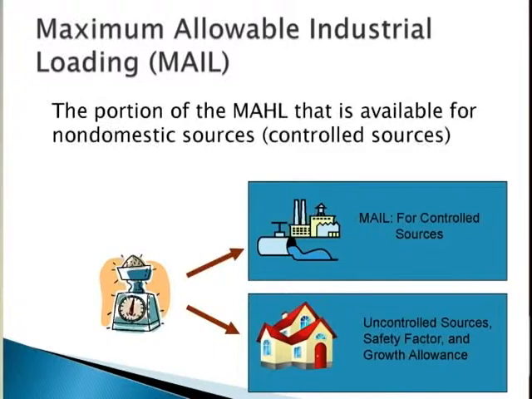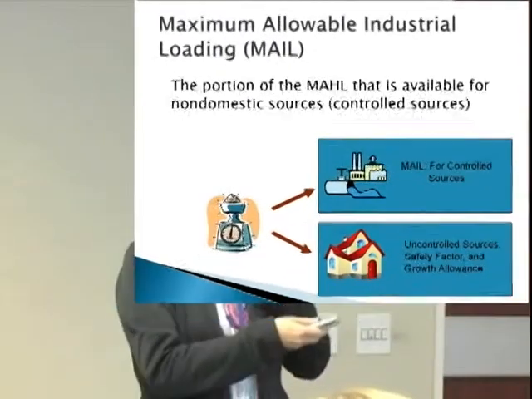Once you have the MAHL, the maximum allowable headworks loading, the POTWs have to develop the allowable loadings they distribute to their industrial users. We call that the MAIL, which is the maximum allowable industrial loading. So basically the MAIL is the